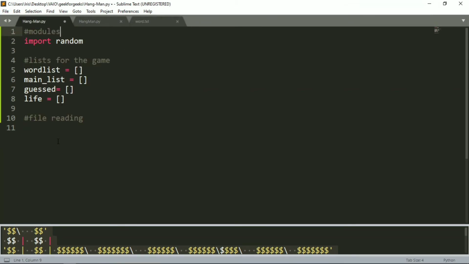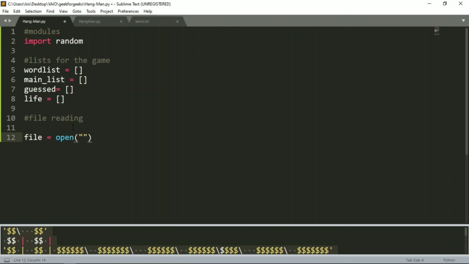Okay, so let me now show you what we'll have to do. For creating a readability option, we will first create a variable named file, and for this we will use a function called open, which opens a text file. So what will be the arguments in the parentheses?